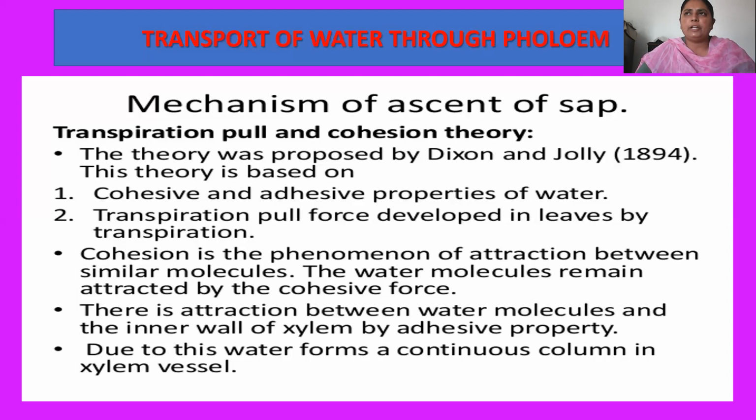As soon as water is removed by transpiration from the leaves, these leaves pull water from the adjacent cells of the leaves, and when all the cells of the leaves have pulled water from each other and become empty, they pull the water from the branches and from the stem. As a result, a severe deficiency of water develops in the stem as well as the roots. This signal finally reaches the root cells, and a proper concentration gradient is established, a potential difference is established.